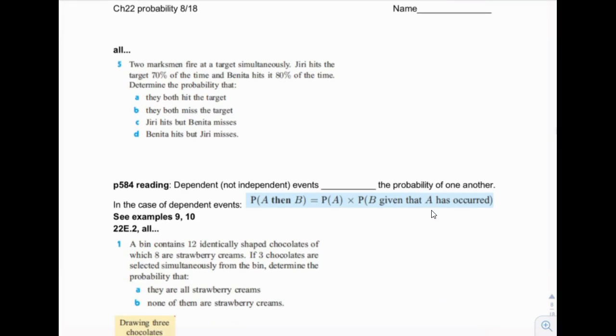Number 5, 2 marksmen fire at a target simultaneously. GD hits the target 70% of the time, and Benita hits it 80% of the time. Determine the probability that they both hit the target. Okay, so again, the probability that GD hits and the probability that Benita hits is equal to the probability that GD hits times the probability that Benita hits, assuming that they're independent. So that would, they both hit the target would be